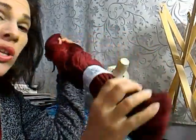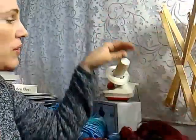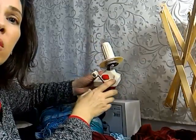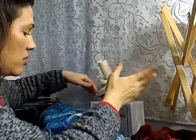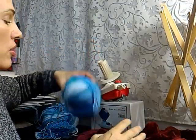Anyway, when yarn's sold like this, you open it up and put it on your yarn swift, attach it to the yarn ball winder, and wind away, and you have a terrific skein of yarn. Sometimes, however, you buy